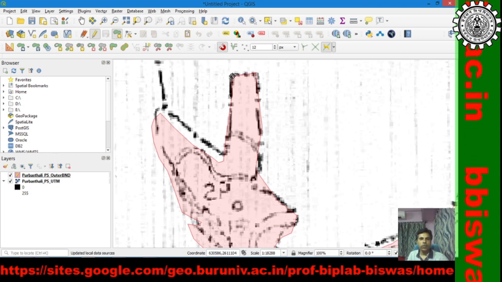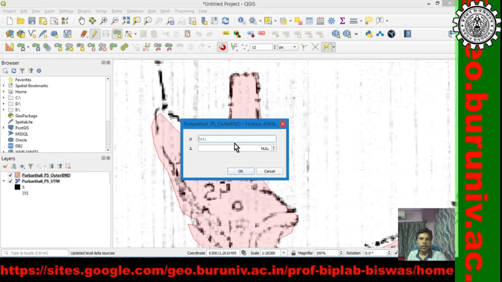of digitization, last point. Here we right click and the ID we shall give say 999 as the outer boundary, JL 9999, because this JL number is not available with the outer boundary, hit OK.